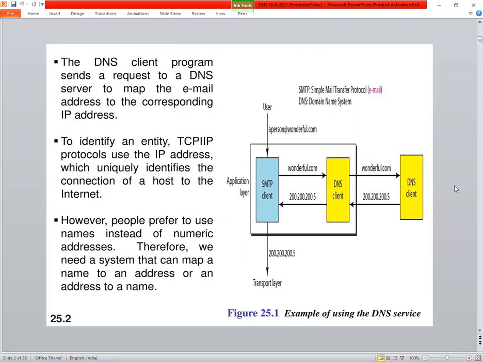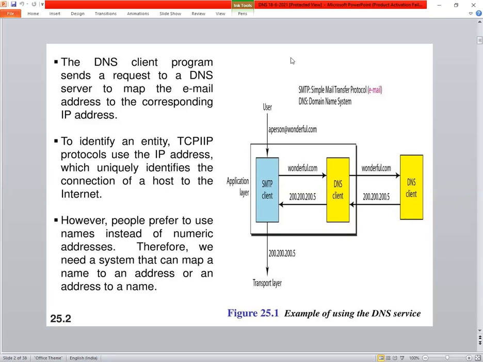Let us say you are requesting a program, some kind of application that you want to download. When you are connected to a particular address, that is a server, how are you going to represent your request, and how are you going to locate the system which contains your resource?